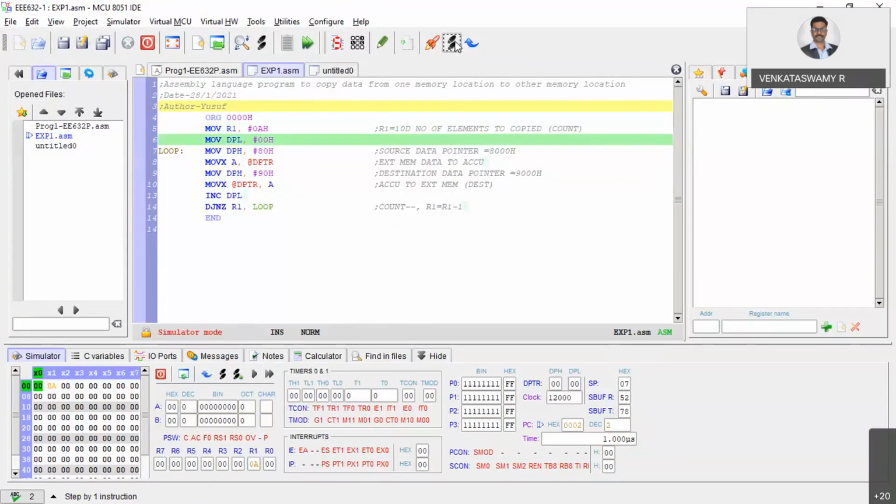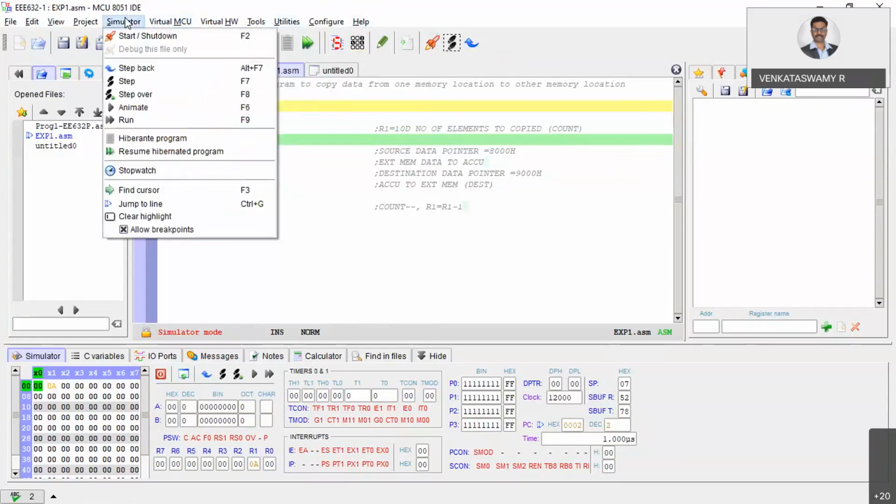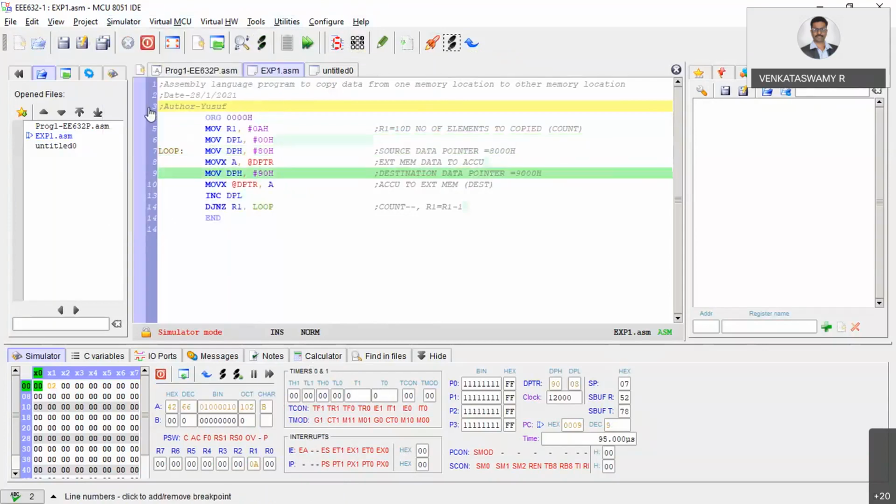That is step run, right? Instead of that, what you can do now, you can click on this animate button. There is one button called animate. Animate means instead of running step by step, it just showcases how that entire thing runs.